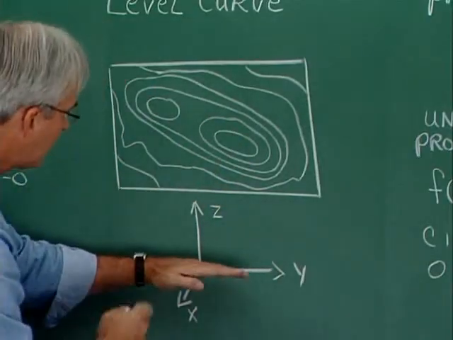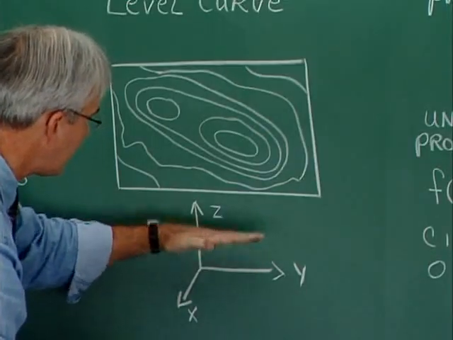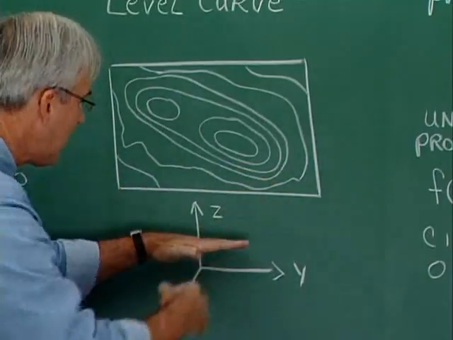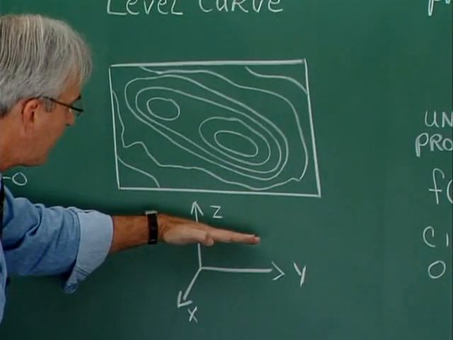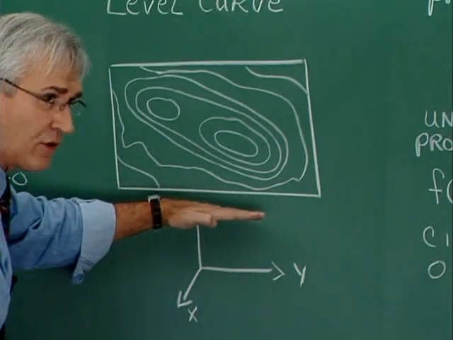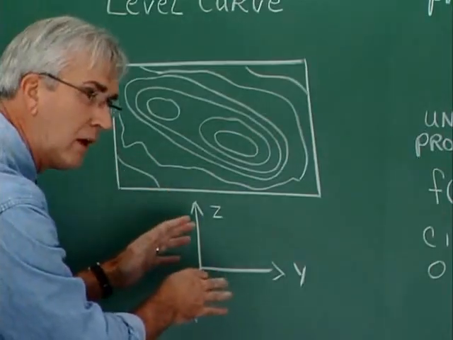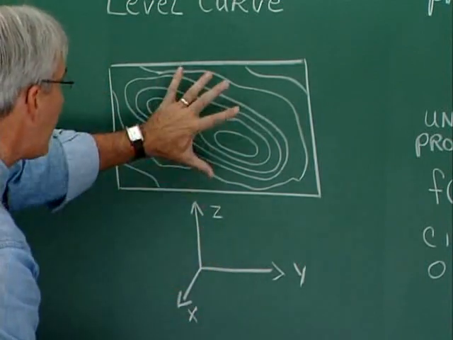It is as though we take a trace at a particular Z level. Boom. We take a trace. That's that white path around the mountain. And then we just take that trace and project it onto the XY plane. Print it. Go up to another level, find the trace, print it. All we're doing is projecting those traces onto the XY plane, and we have a map